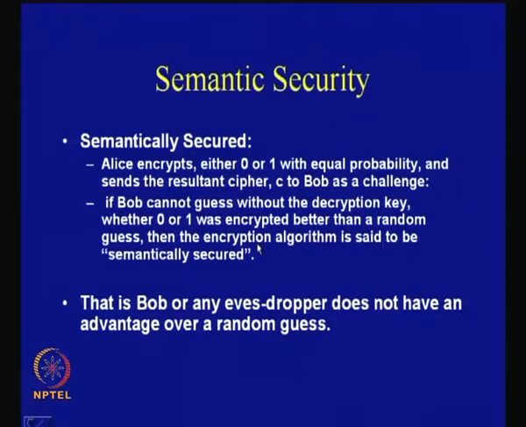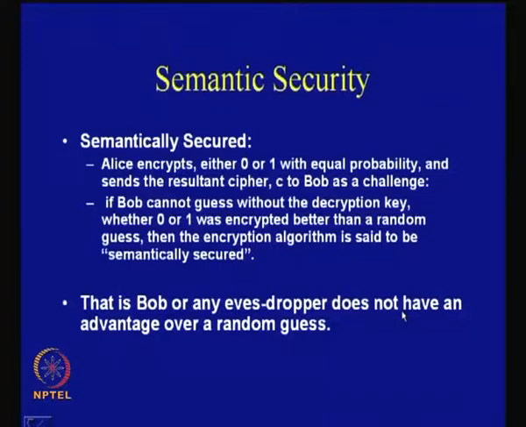So, that is the idea: if he is not able to guess any better than a random guess, then we say that the encryption algorithm which Alice is using is semantically secure. Okay. So, therefore, if you just consider a simple kind of stream cipher, for example,